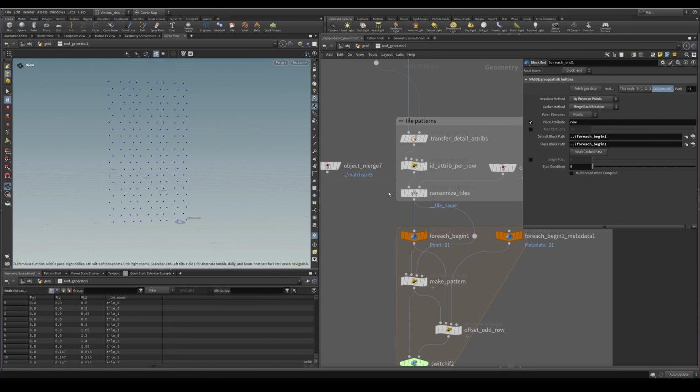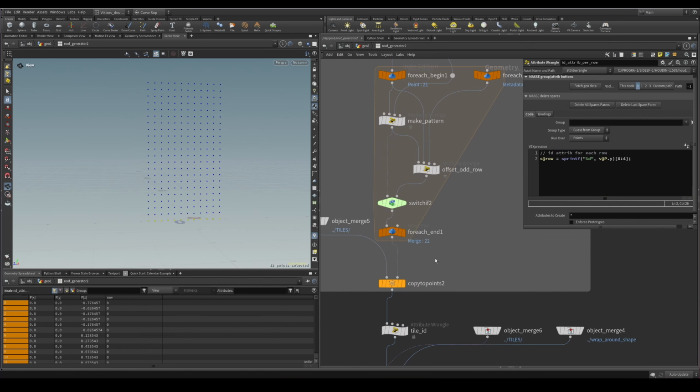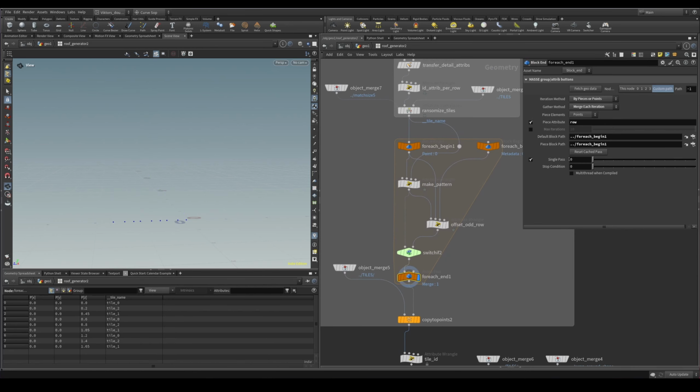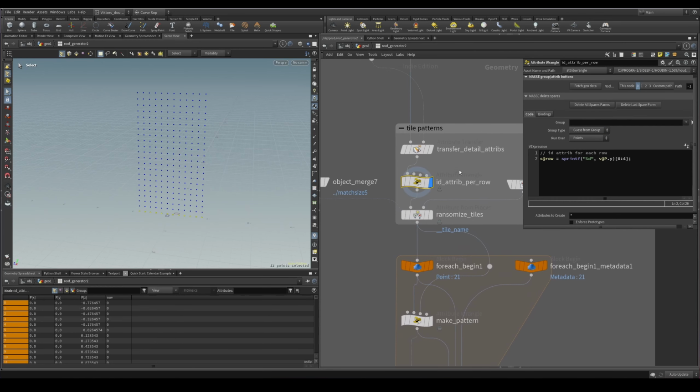I have shown this trick before. It's basically taking the y float attribute and converting it to a string value, and this string value is going to be used as a piece attribute for the row. This means we can use it to iterate through each row of tiles. So we have these points, we have copied our geometry,